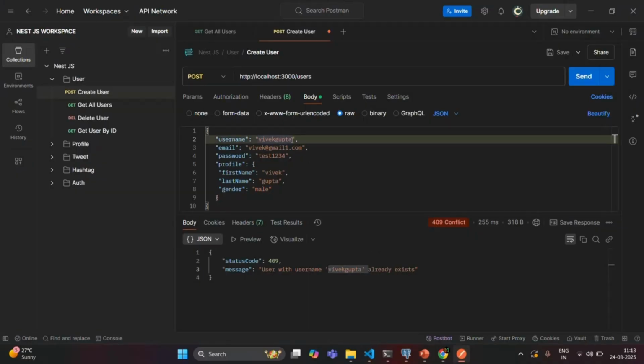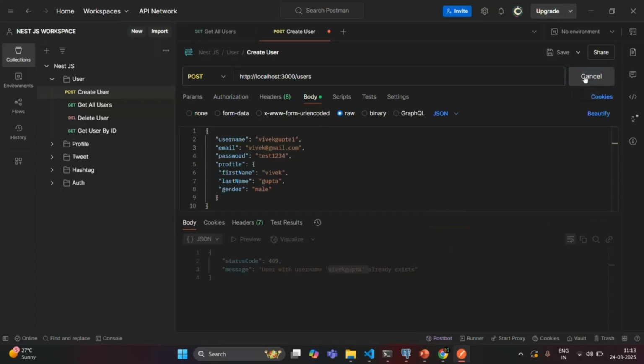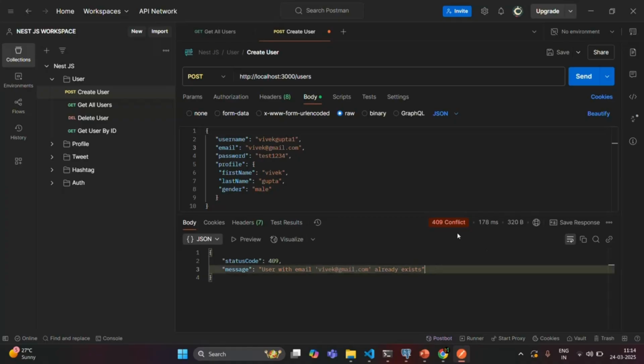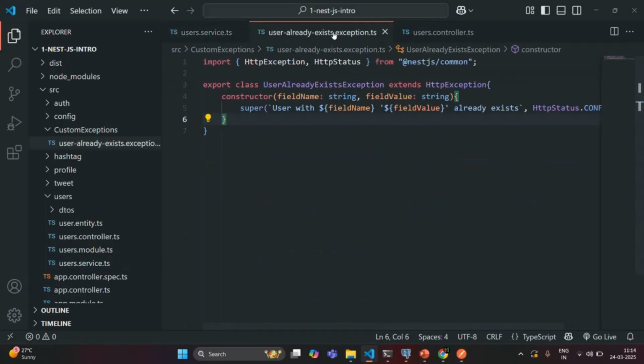Now let's say we have a unique username but a duplicate email. So in this case also we should get this 409 conflict response. If I send this request, you see we have 409 conflict response, and in this case it says user with email, this given email already exists. So our custom exception is working as expected,